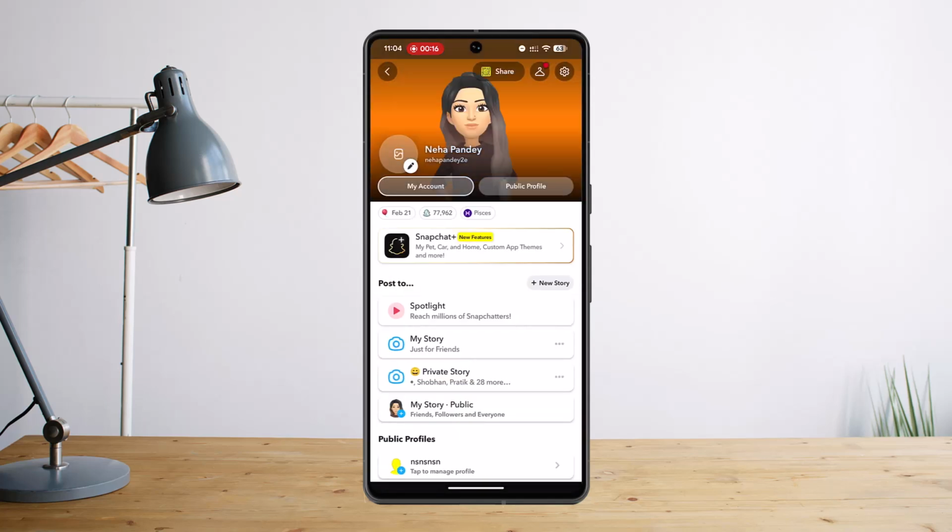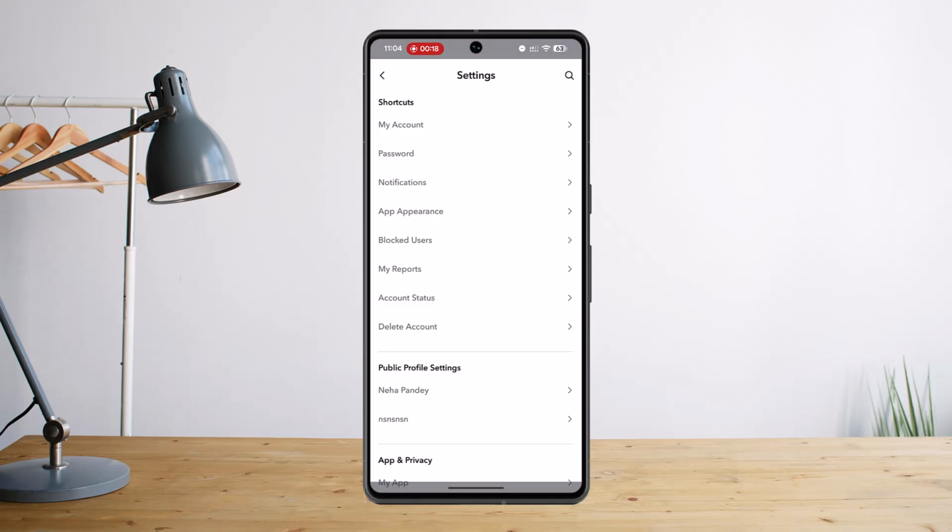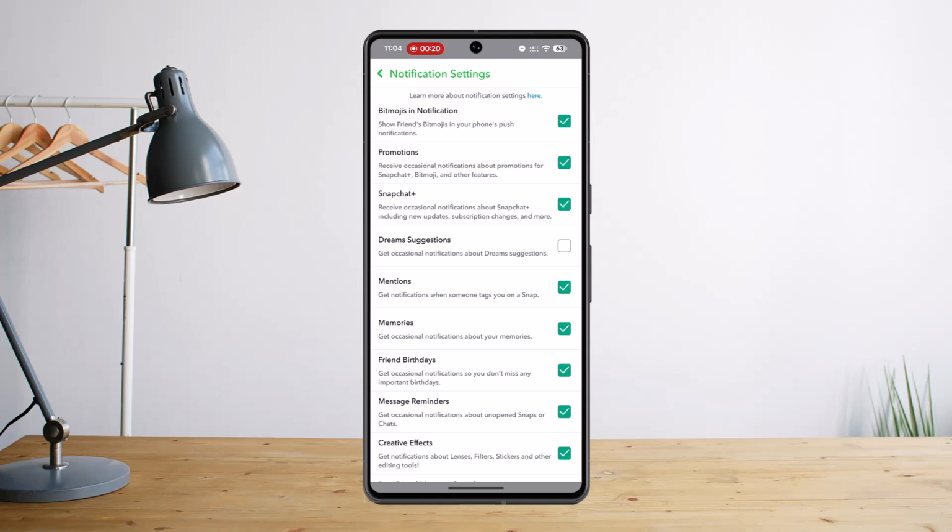Open the Bitmoji from the top left, go to the settings icon, after which go to notification, and here you just want to make sure to toggle the notification or enable the notifications as well. Once you've done this, for a specific friend, you could also go to manage story notification to ensure that they